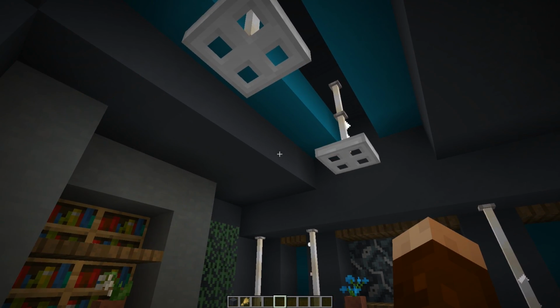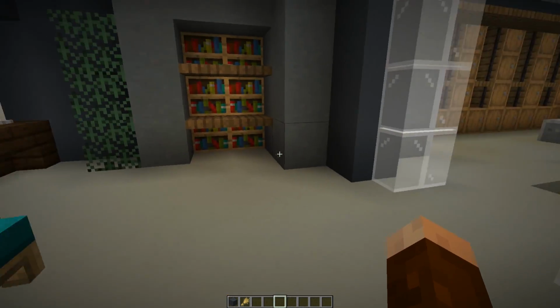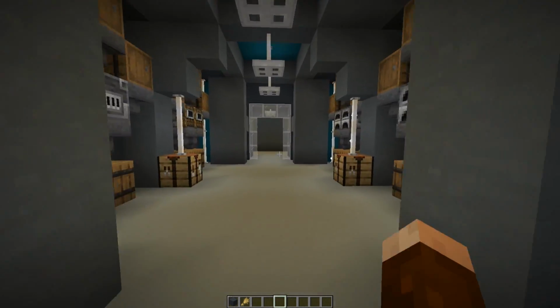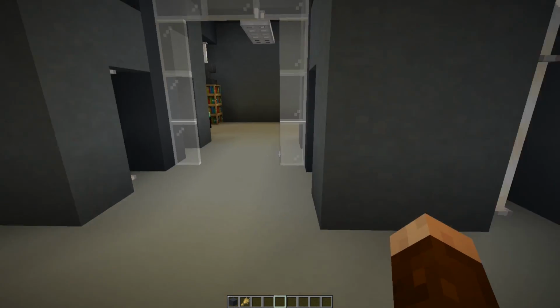Like I said, it's got color, the lighting hanging from the ceiling, a little flower at the table, and yeah, gotta have a nice place to lay your head at the end of a long day of sailing, of course. And now in our smelting room, we've got our blast furnace, we have our smoker,